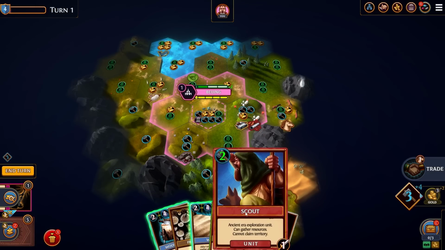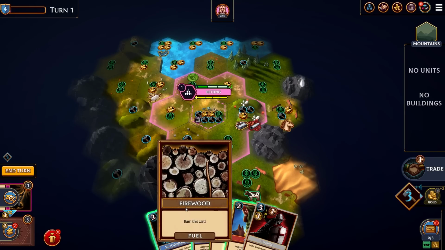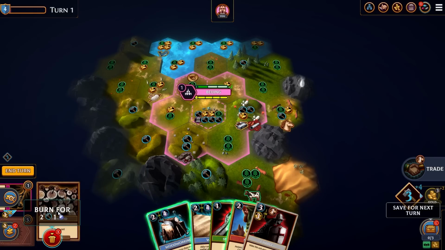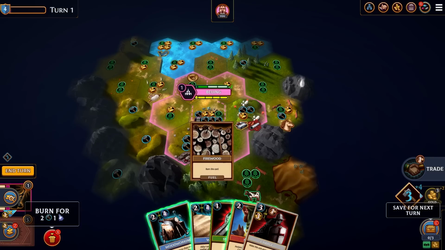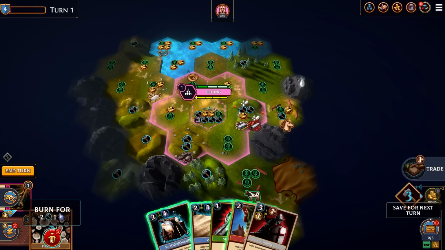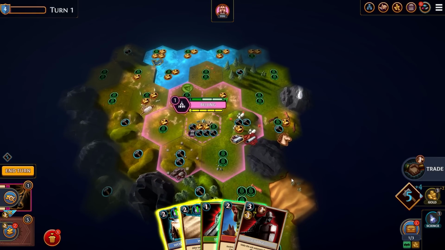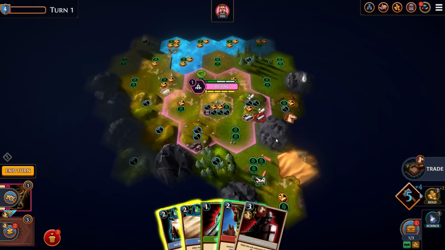I'm not going to burn the scout because I need it, but we can burn this firewood. We got this from drawing a card, or from using Organized Labor, and you can't use firewood for anything except for burning, so I'm going to go ahead and do that. Gain 2 extra production and 1 science from that. And since we just got 1 science from that, I can move into talking about the resources part of the